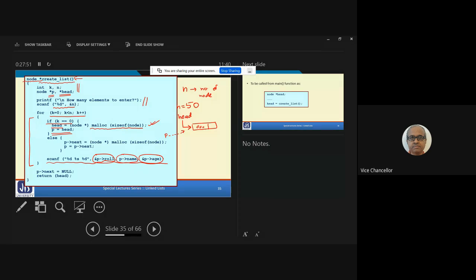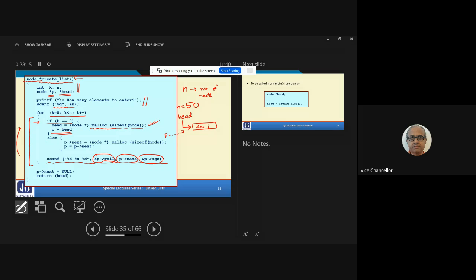Yes. Now suppose this is not the first element. The first element has already been inserted. Let us say k equal to 1. This is the second element. So after scanf, again you go back to the loop. Again you start from here. You check, now k will be equal to 1, right? In this for loop, if k equal to 0, no, k is not equal to 0.